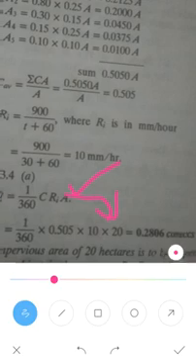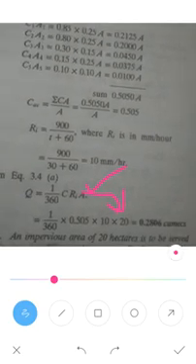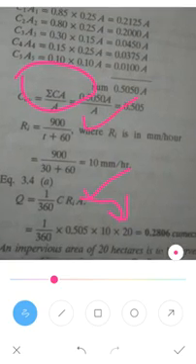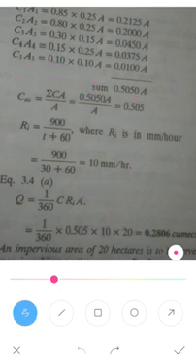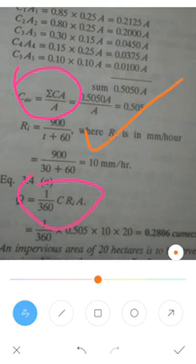So it's very simple. The only thing is, instead of IA it will become CA. That's all. The intensity of rainfall formula is given in the question. The only thing you have to remember is these two formulas, this one and this one; this formula they have given. So only remember these two pink-colored formulas. If you remember them, this whole problem is very simple, easy to solve and get the marks.